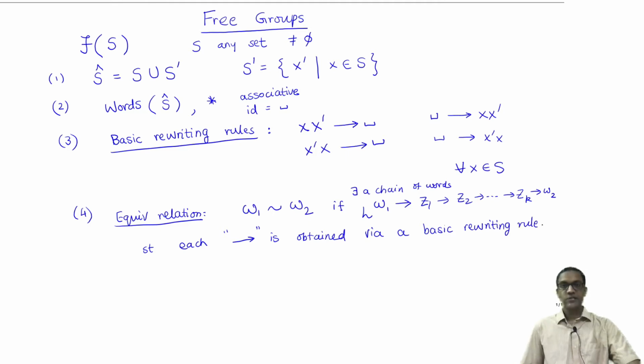In other words, by successively replacing X prime X by empty, or X X prime by empty, or the reverses of those rules, you can go from the word W1 to the word W2, just like what we saw in our earlier example. And as before, the definition of the free group G is the set of equivalence classes